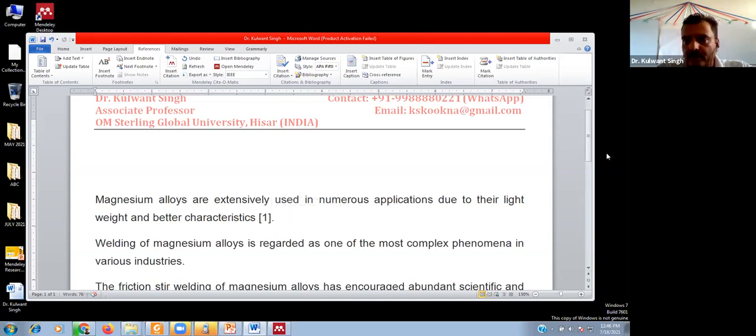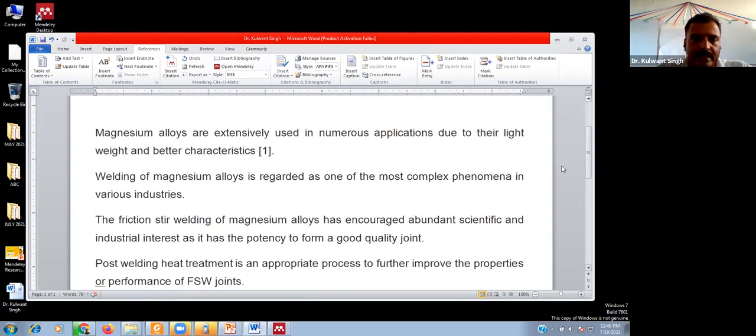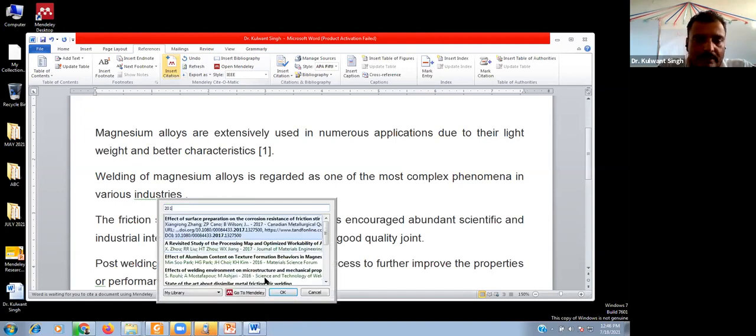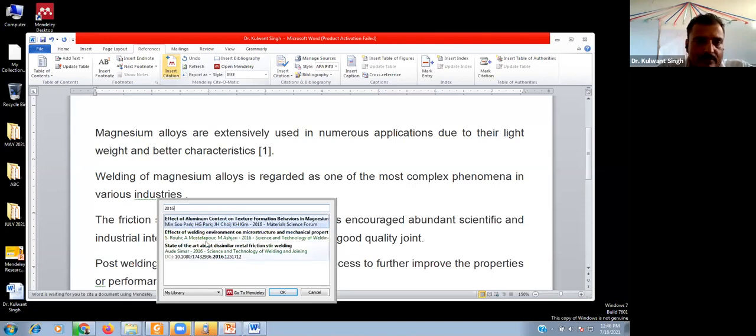In a similar way, after the second sentence, I want to insert the citation, and just click on insert citation. Here we will use two citations, multiple citation. So we will try to search by using the year.